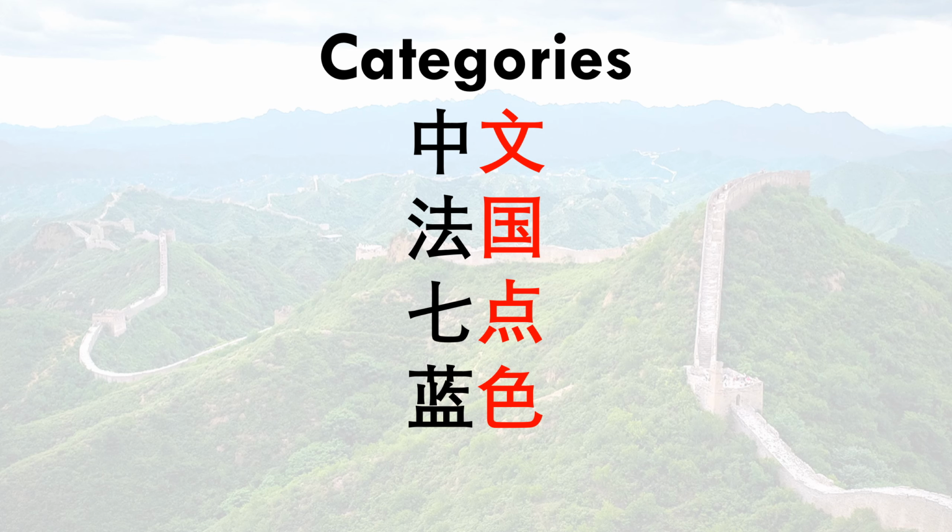Now, we're moving on to separable verbs. This is something that I covered before. I called it verb plus object phrases. For instance, 下棋, it means to play chess. Now, you might not know what 下 means. In this case, it means to put something down, as in you're taking the chess piece and putting it down. You could interpret it that way. So the verb is 下, and 棋 is the object.